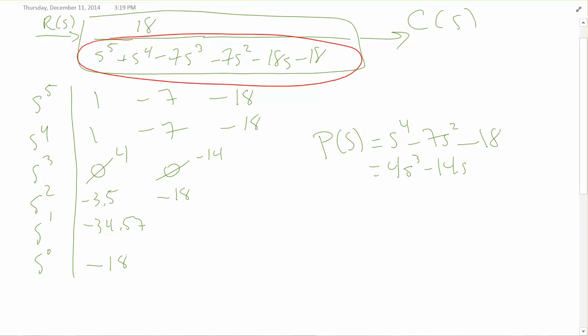Now we need to look at the first column, and we're going to look for our sign changes. Now remember, we're going to break it up into two sections. We want to go to the row above the row of zeros. This is our auxiliary polynomial row. So we're going to have a section from here down, and then we're going to have a section from that line up. Okay, so we're starting at the s^4 row. So from this row down, we're going to have 4 of the roots. Okay, so 4 of the roots are going to be determined by looking at the sign changes from these parts